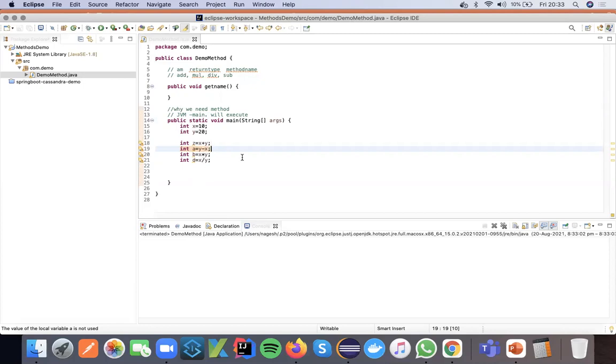One point we understood: if there are multiple functions and we have to pick and execute one function at a time, with the remaining functions not needing to execute, then a method is required. We can create an object and call the specific method, so that whatever content is present inside that method will be executed. That scenario we understood.